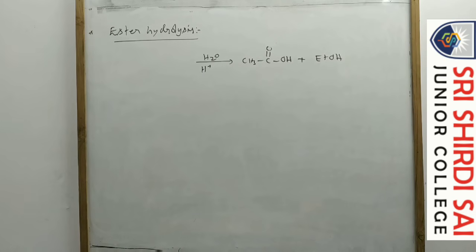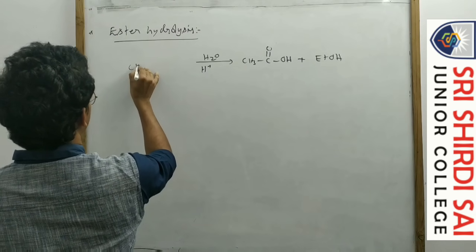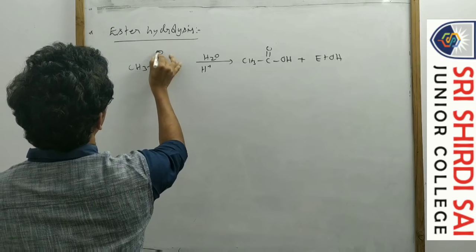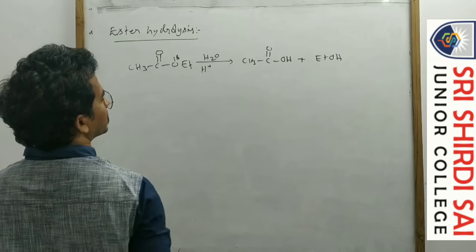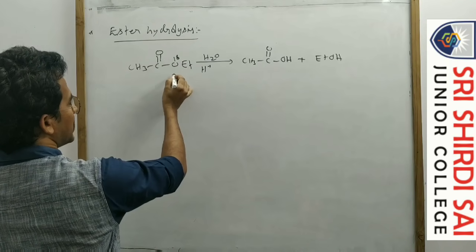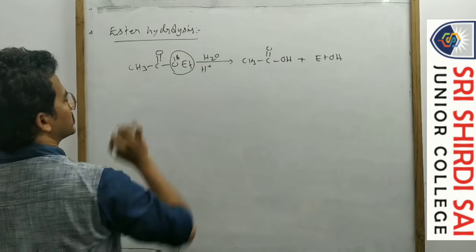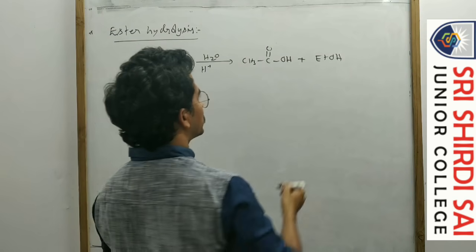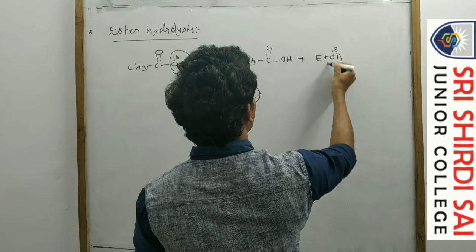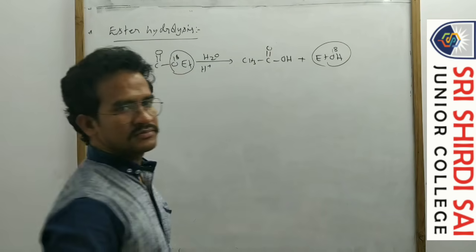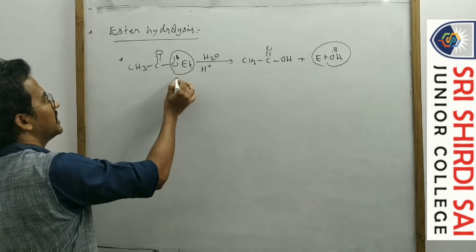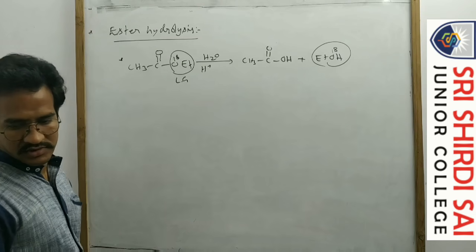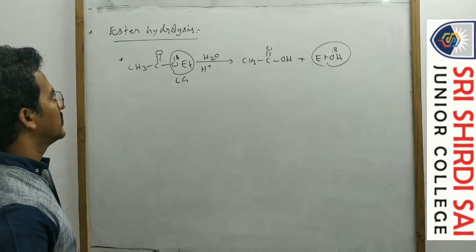Okay. So now in this ester hydrolysis, suppose this oxygen contains 18. Now in the reaction it is leaving out. So that oxygen O18 is present in the ethyl alcohol. It's important because it is a leaving group in the reaction. That is leaving out from the substrate.